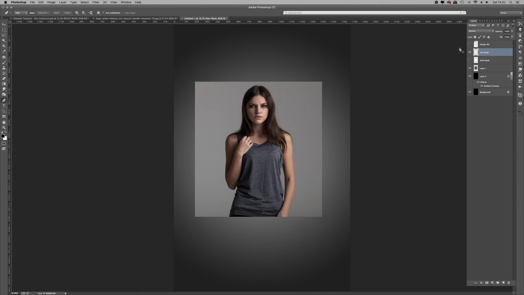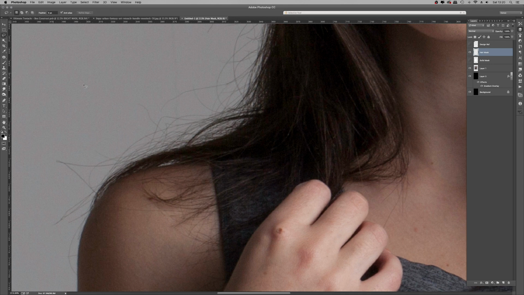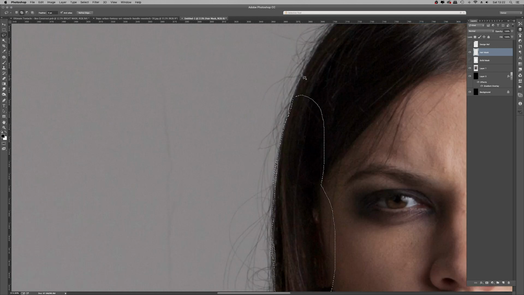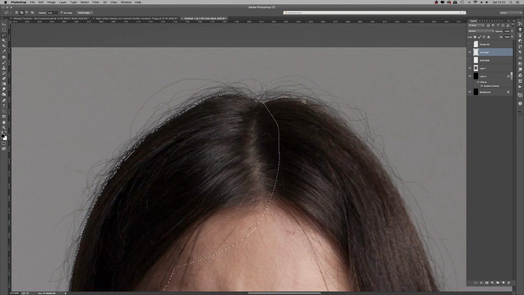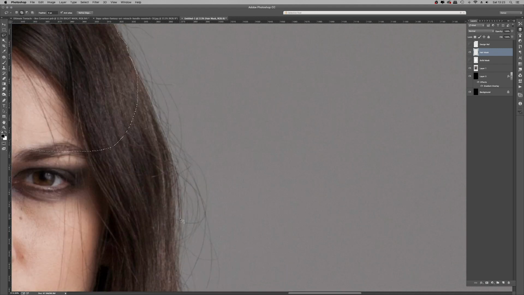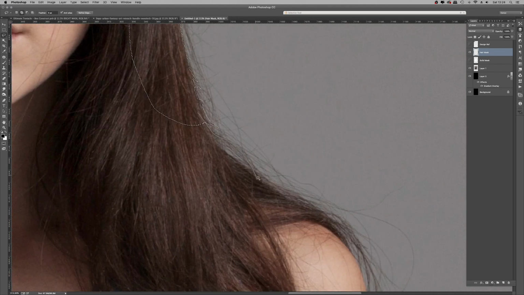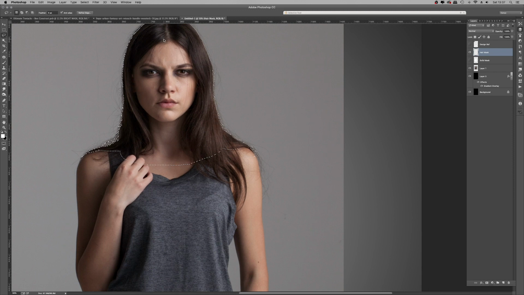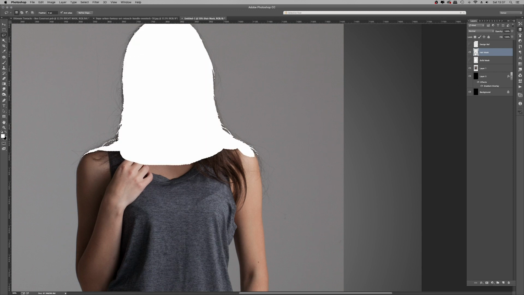Now we need to do a slightly different process for the hair, so a new layer has been created, and here I'll be using the freehand lasso tool, and I'll be creating a really rough selection around the more solid bits of hair. I'm not going to bother with the tiny strands, just the more solid aspects of the hair that I can work with. So here we've got a bit of time-lapse magic as we go around creating a selection, and again this one will be on its own layer, the same as the solid mask. So the hair will be its own mask, and we'll see that being filled in now.